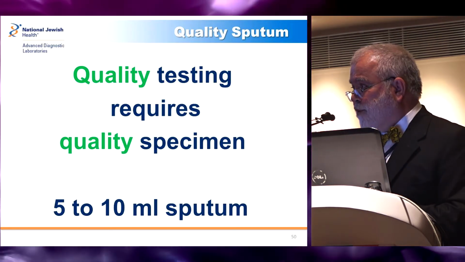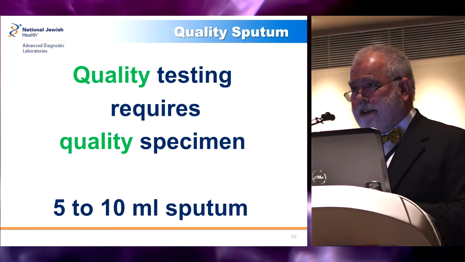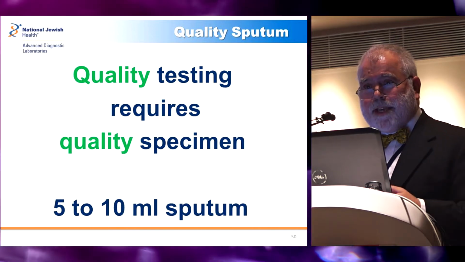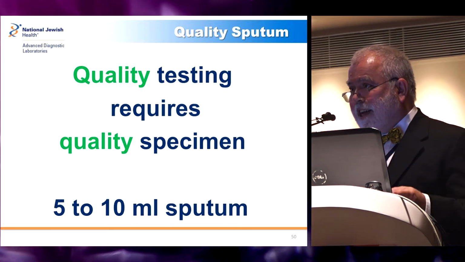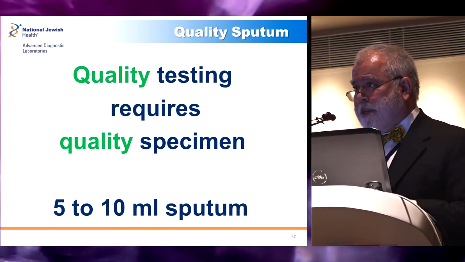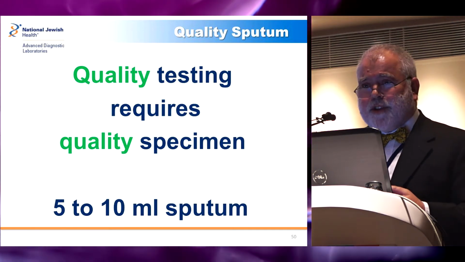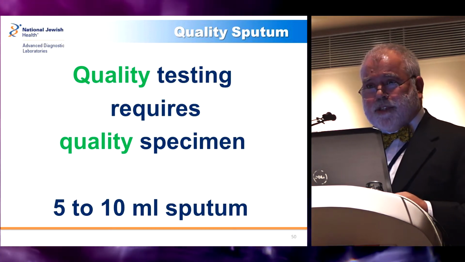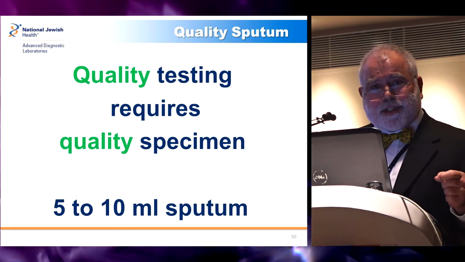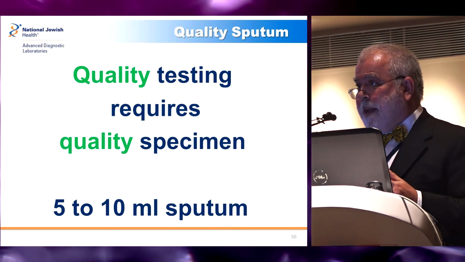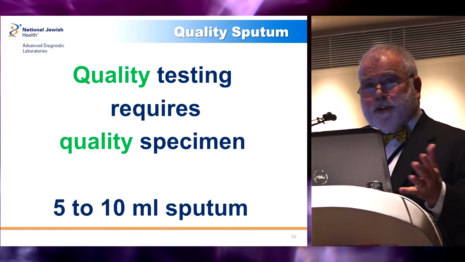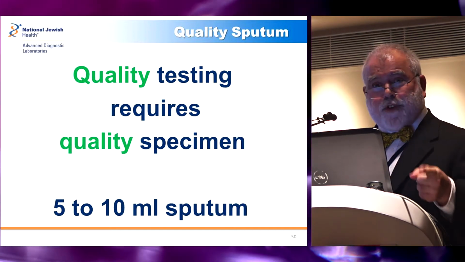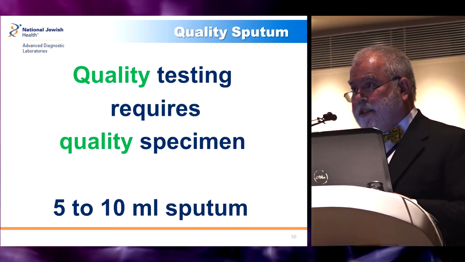But even if we have sophisticated, high-tech laboratory assays, if your sputum is not good, your result will also not be good. So we have a saying in the United States, garbage in, garbage out. So it's really important to focus on the quality, and even more so when we implement molecular technology, because everybody thinks this is the magic bullet, but if the quality of your specimen is bad, the result is also bad.